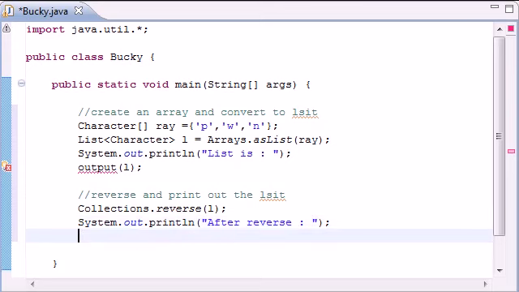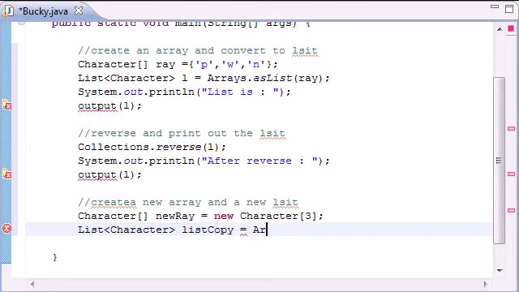So we're going to create a new array and a new list. Name it character, I'll name it new array, and set it equal to new character, and for your parameters put 3 since there's 3 characters we're going to be passing in. So list, and of course we're going to create it the same as before, character data, and I'll name it list copy. So let's set this equal to array